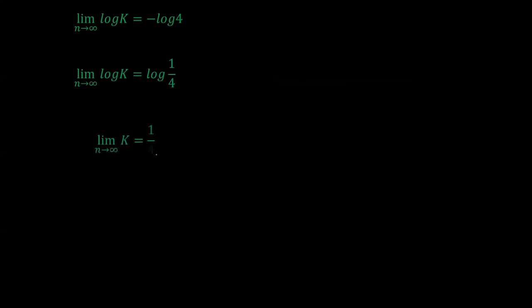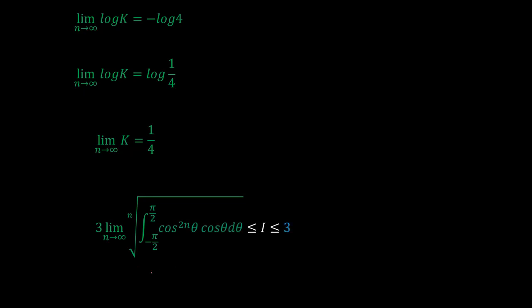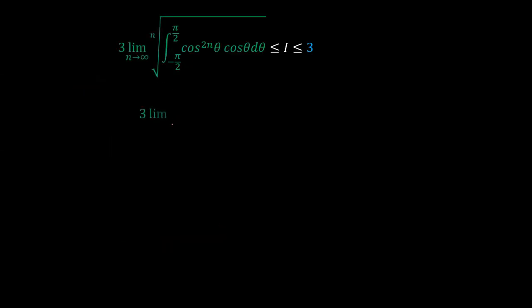So one thing that can be done is now we can plug this k back into our integrand, because previously we said our limit is 3 times the limit of n tending to infinity of the nth root of the integral of cosine to the power 2n theta cosine theta,